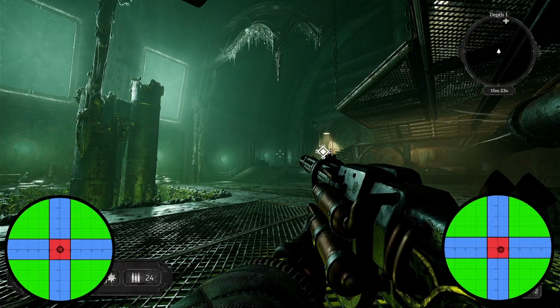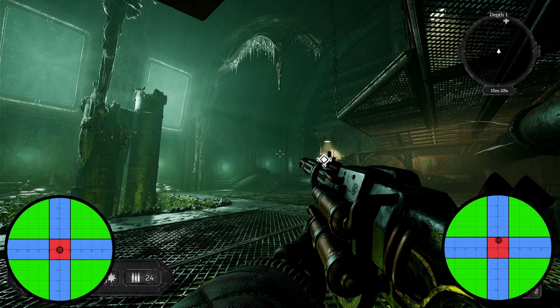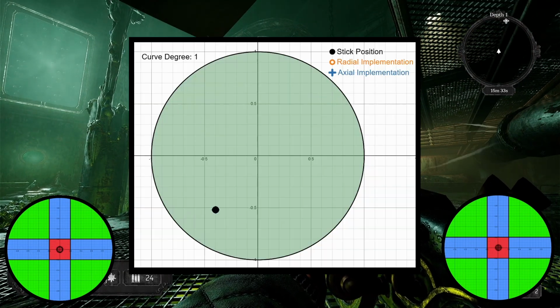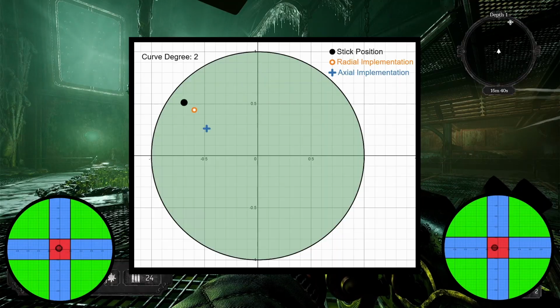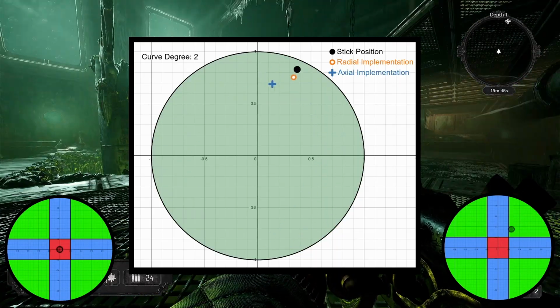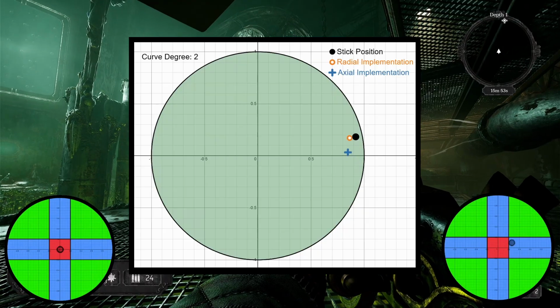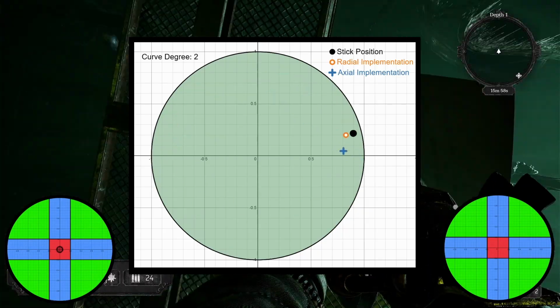One big thing is, though I mentioned that the curve is probably set up per axis, even though it didn't matter for a linear curve, it would matter if you were using any exponential curve. Applying an exponential curve axially will make the diagonal sensitivity in general slower, as well as greatly skew your diagonal movement. So the curve implementation would need to be changed to be radial, and also the 100